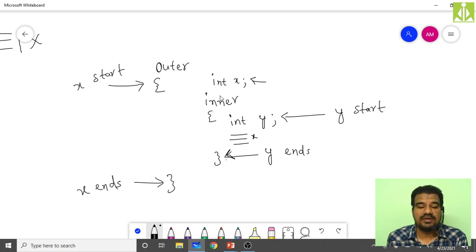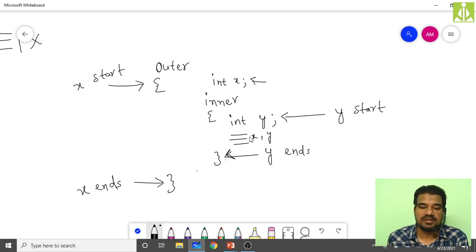So whatever variables you have declared inside the outer block, your nested block can access those variables, because the nested block is a part of your outer block. Whatever variables you have declared inside the outer block and are trying to access inside the nested block, you have complete access rights over them. So X you can access over here. At the same point, if I want to access Y, can I access? Yes, I can, because Y is internal to the nested block and I am trying to access the Y internal to the nested block, so it is completely possible.